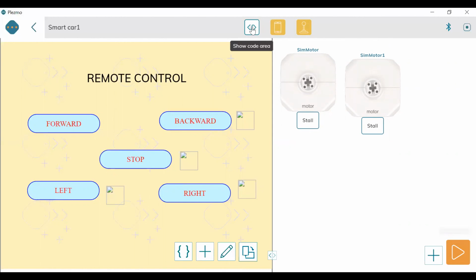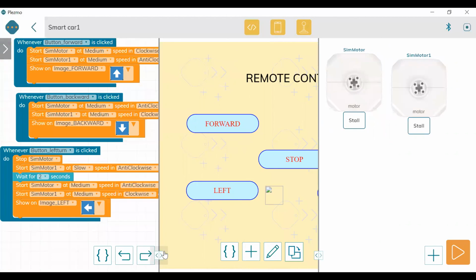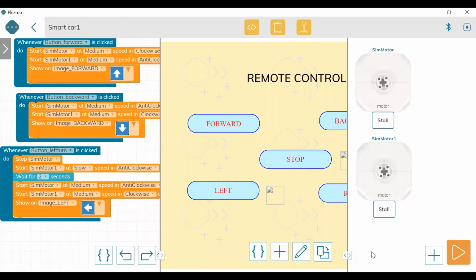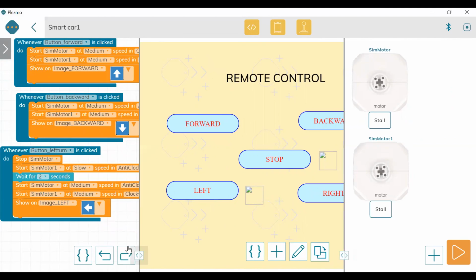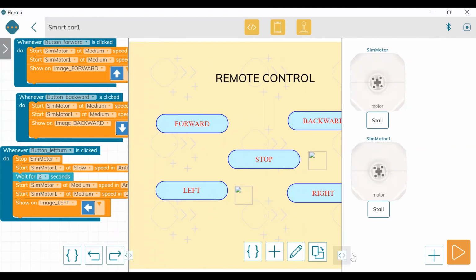Okay, let me go to the code area again to show you everything all together. So here, if you have taken the mobile, that is portrait mode, then all buttons would be visible. But here I'm using the laptop, so I have taken it. Otherwise, what I can do is drag this motor here to have a proper view. You can always adjust the screens according to your requirement. So our whole app design is visible here.